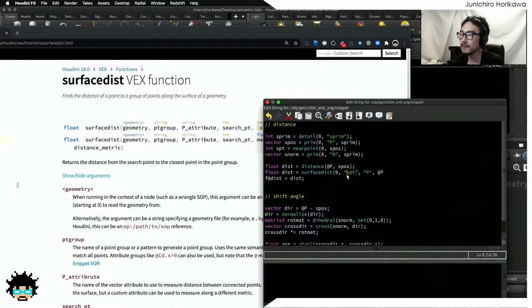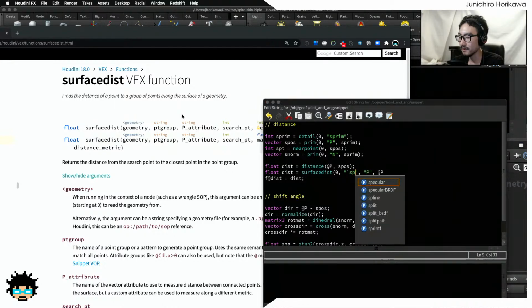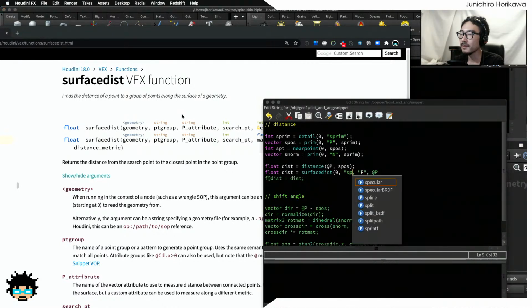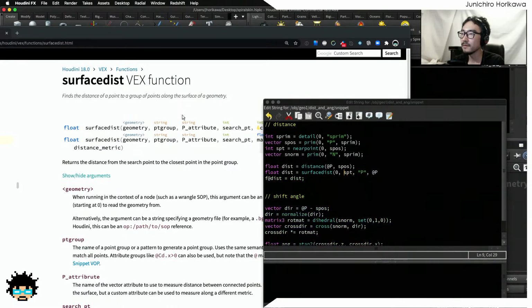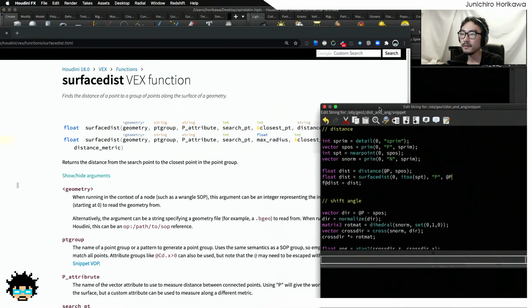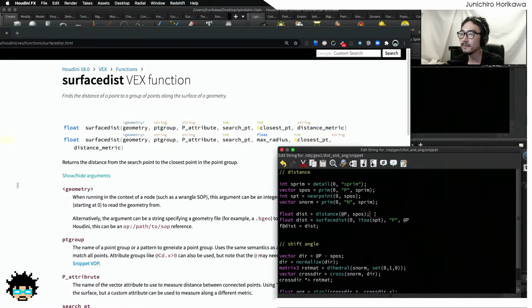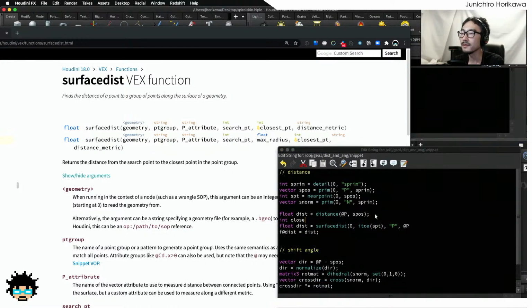No, I think I have to, wait, how? I think I need to convert the integer to string like this. Okay. Now, what else? Do I need a closest point? Not really, but